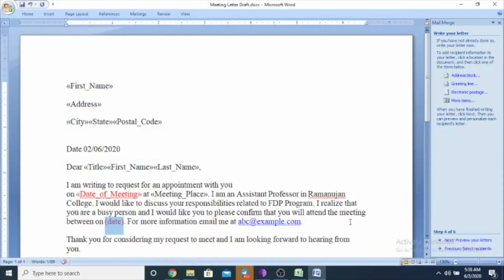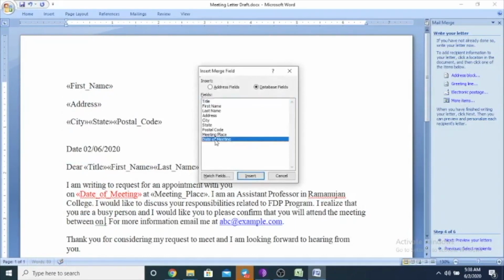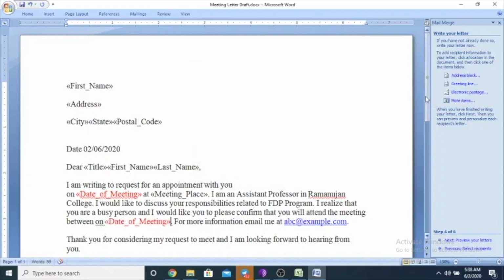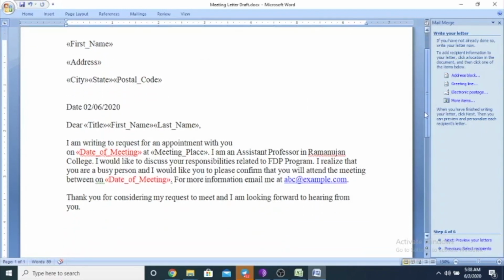Now this is the last part, the date field. I want to add the placeholder for the date, which is the date of meeting. It is being inserted now. Now close this. So my letter is ready.